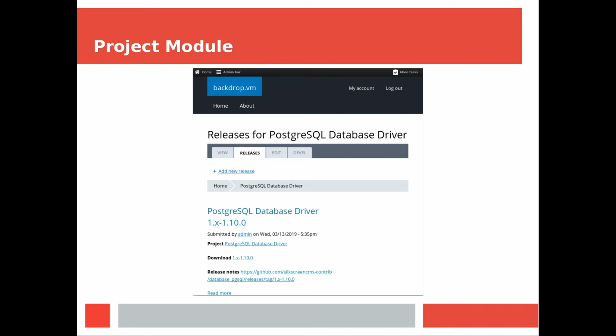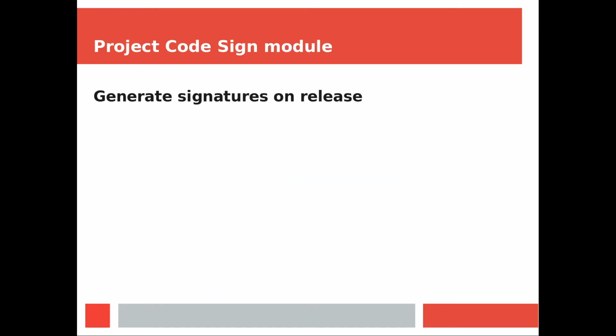So the way that we're going to end up using this is initially through the project module. Project module is something that's on Drupal.org, and it's also on Backdrop.org and Silkscreen.org, Silkscreen.cms.org, and BackdropCMS.org. Let me get those URLs right for posterity. When you have a release, that's the thing that shows the available releases for a particular module and links to the issue queue, links to the GitHub repository. Anytime you've been searching for something on Drupal.org, it's that project module that's been presenting all the data that you've been looking for. So when we do a release for a module, that's when we're going to be generating the